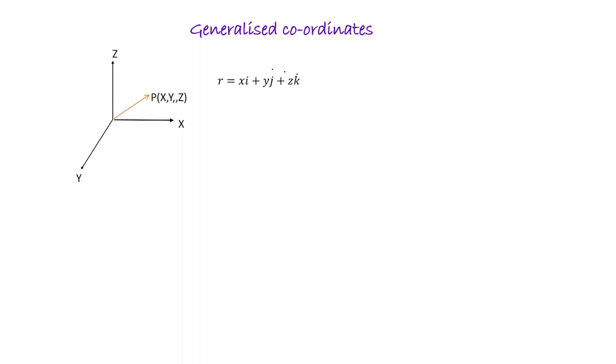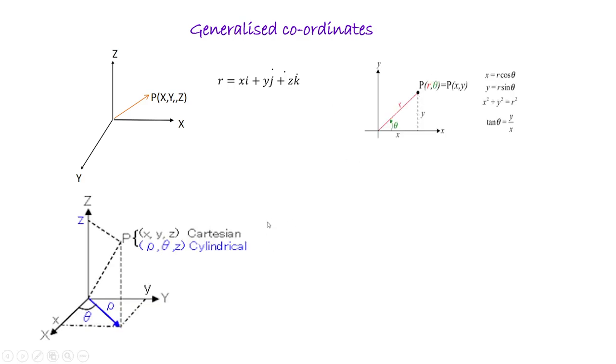We need a Cartesian coordinate system. So that is a general Cartesian coordinate system. Or if you consider a particle moving in a plane, to describe the motion of the system we need a plane polar coordinate system. Next, in case the particle is moving on a surface like a cylindrical or spherical body, we